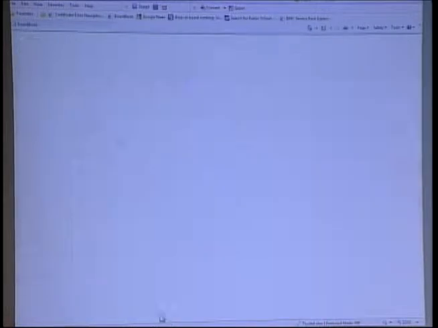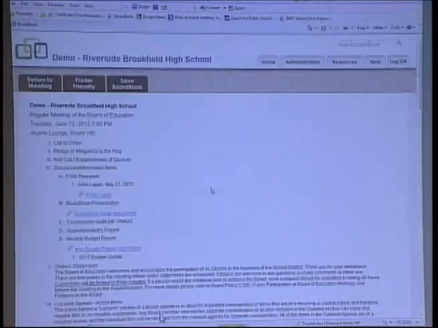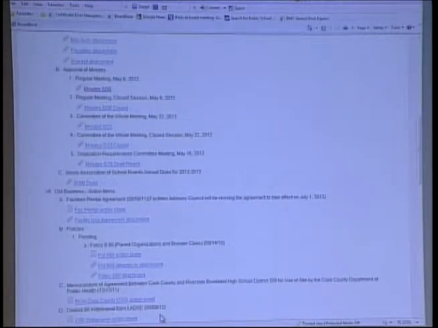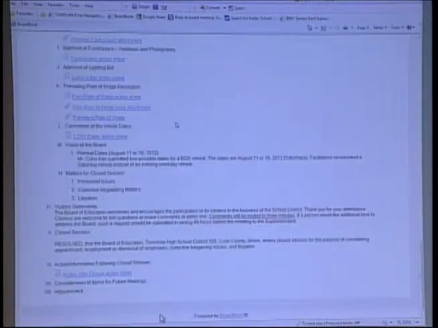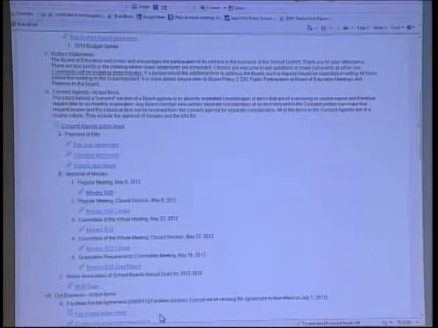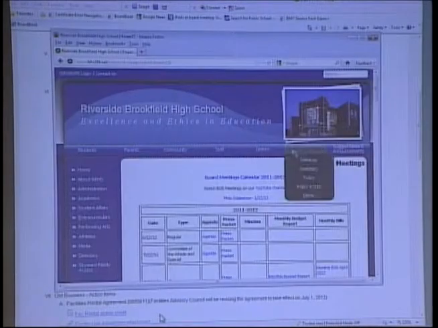In fact, you can see an example of that with the demo that we set up here. So as board members, you have access to all of your meeting documents here. What the public would be seeing would look like this.